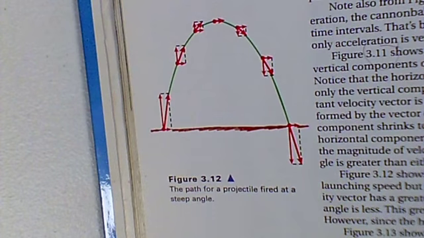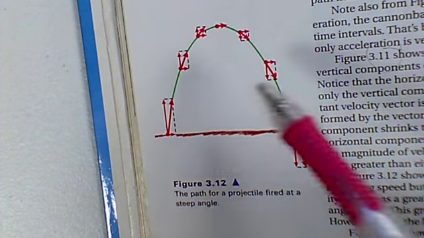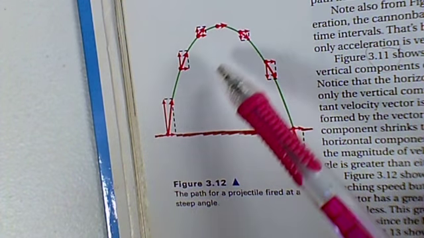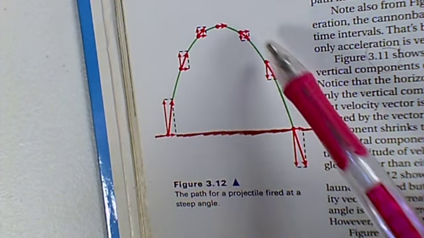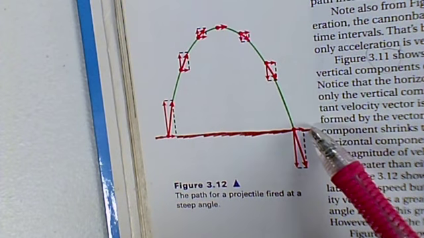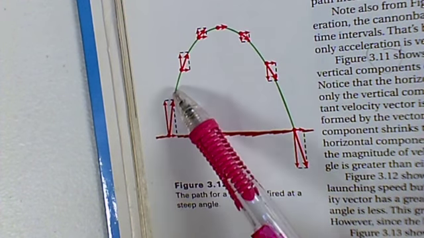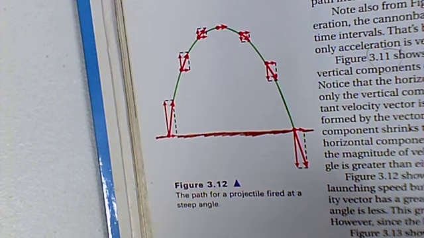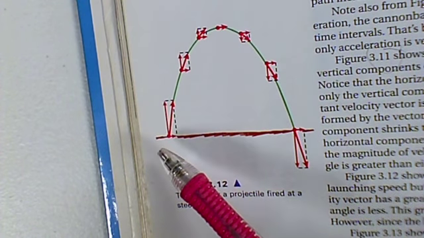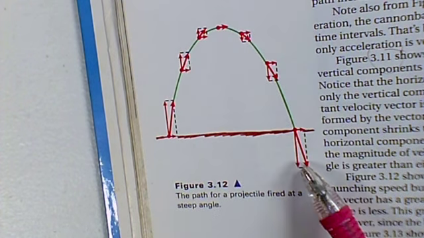And if we take a look at figure 3.12 as well, same thing as the other figure, except this is a little bit steeper. We can see again these horizontal components are all the same length because it's at a constant velocity in the horizontal direction, but acceleration is the same, excuse me. It has constant acceleration of g, but the velocity is changing as it goes up and down